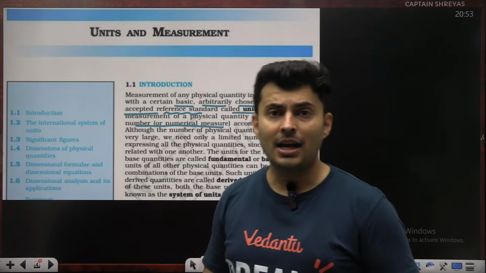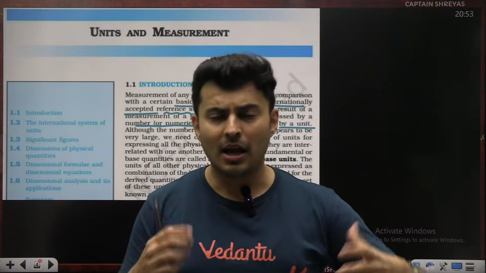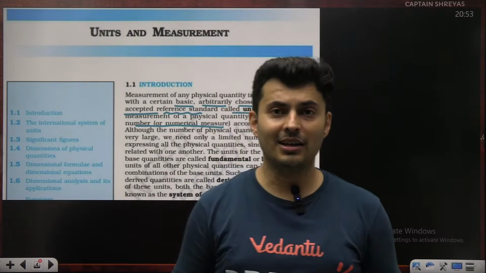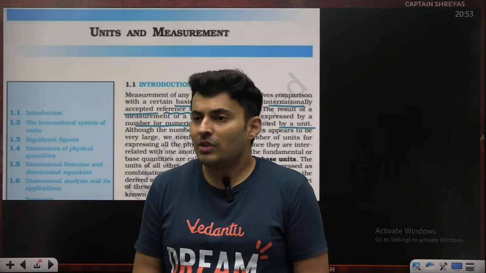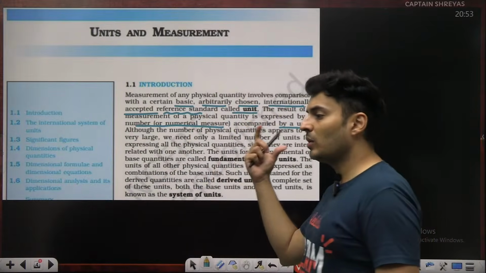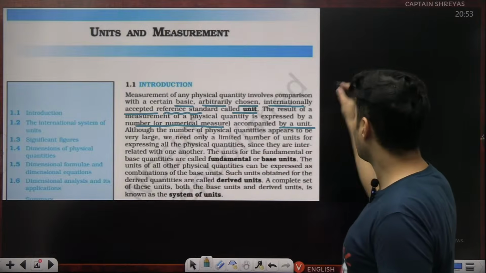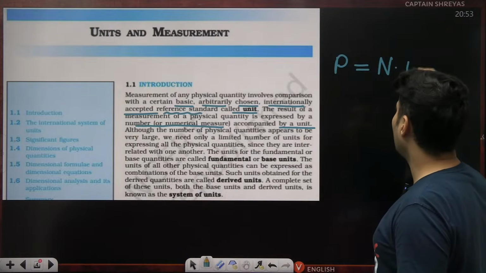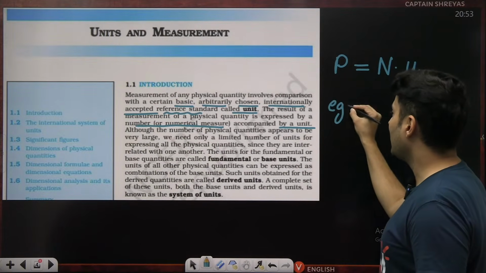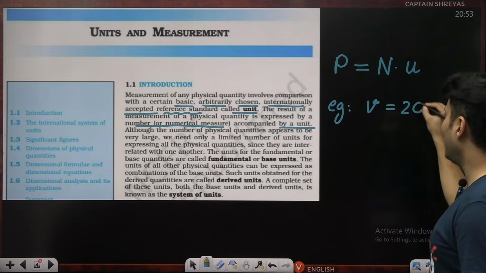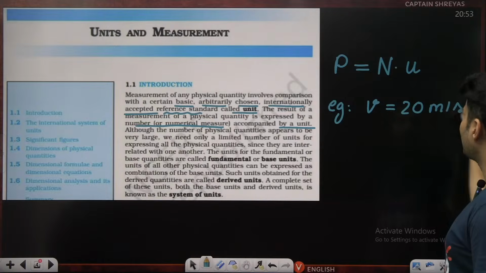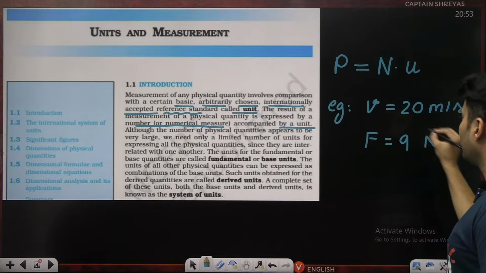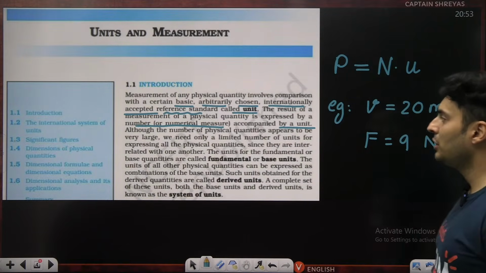Okay, I'm very excited and I can run. I have a lot of energy and I can run at 20 meters per second. So my speed becomes a physical quantity. But just saying that I'm very excited is not a physical quantity because there is no number associated with it. So the first part talks about any physical quantity always being a number along with a unit. For another example, I can say my velocity or speed is 20, which is the number, and the unit is meters per second. Force, let's say, is nothing but 9 Newton. 9 is the number, Newton is the unit.